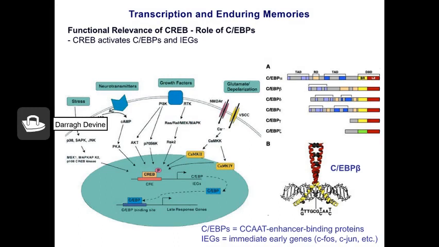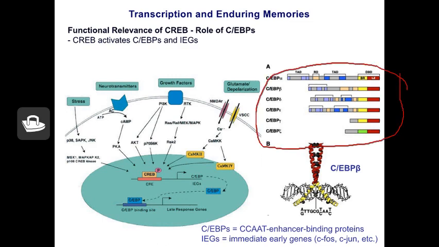Now, the CCAAT enhancer binding proteins, or CEBPs, are actually a family of transcription factors that are composed of 6 members: CEBP alpha through CEBP zeta. They promote the expression of certain genes through